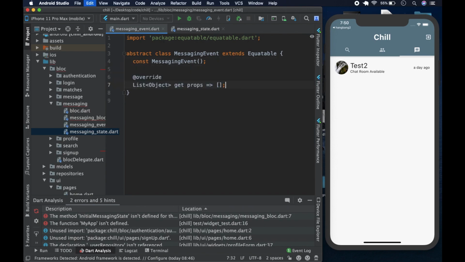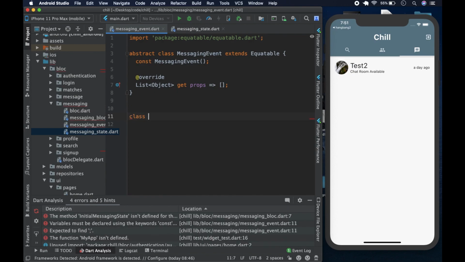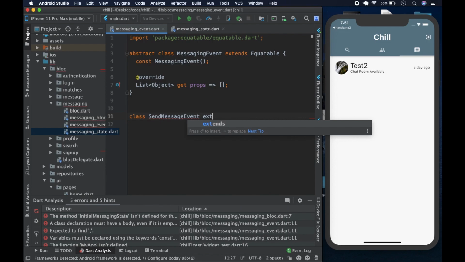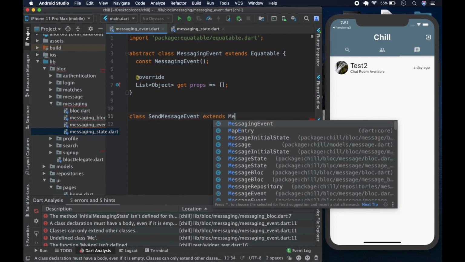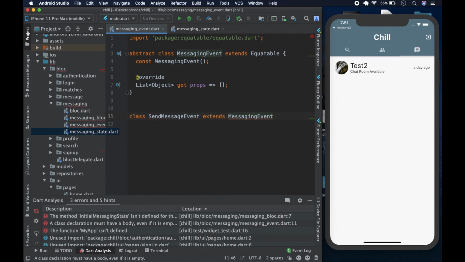We've made several blocks, so you know we need that to compare. And after that, we're going to have the send message event, and that is going to be class send message event, which extends the messaging event.